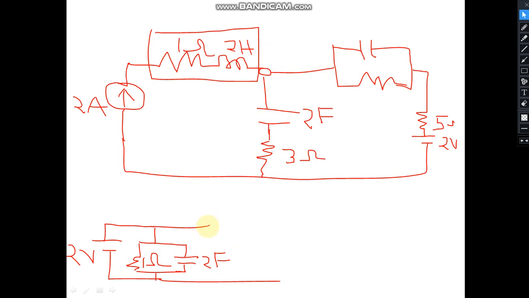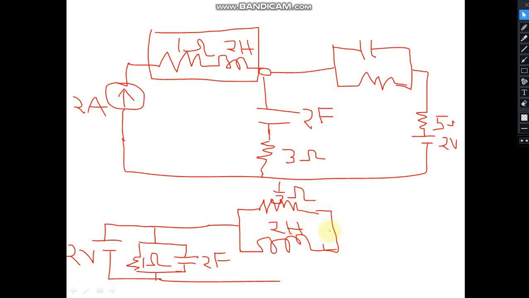After that, we are having a shunt branch. This shunt branch will be replaced by a series branch. Now this shunt branch is nothing but a series combination of capacitance and resistance. So here we will be having a shunt combination, a parallel combination of resistance and inductance. This resistance means this is a conductance of 3 mho, that means a resistance of 1 by 3 ohm here, and this capacitance will be replaced by this inductance of 2 Henry.